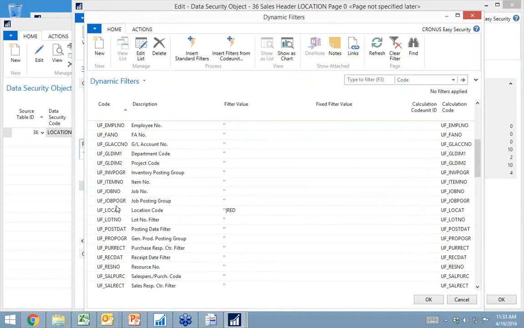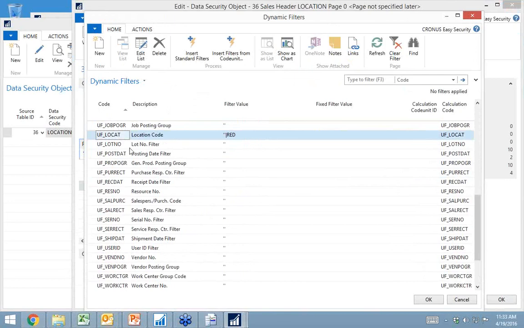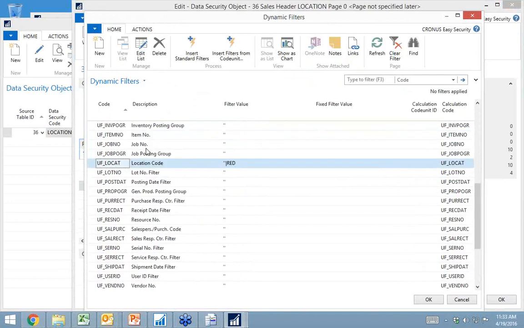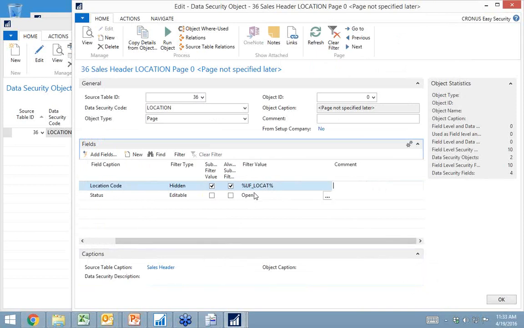And I can see in my case, it's a blank or the red one out here. But we also have things like the work date or work months and so on, allowing an easy way of filtering helpfully only on the purchase orders within this month, for example. I want to select my user location or user filter location code, and I now get this variable in here in my filter value.